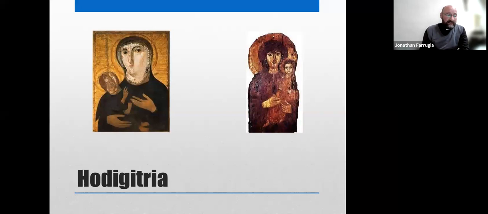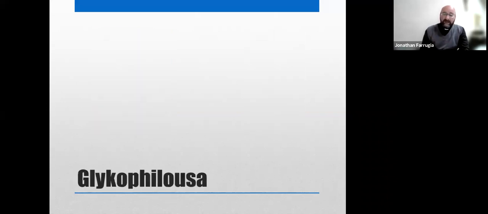Now, the final important Marian theme from the early Middle Ages is Mary as the tender mother. Okay, remember, as you can see, in all the cases, Mary here is represented as a mother, even when Christ is not present. Okay, when we were discussing the Hagios Oritissa, Mary is presented as a mother of the onlooker. Now, the final stage in the development of Marian iconography in this period is Mary as a tender mother, and she is called the Glycophilusa, or else the Eleusa. Okay, it practically means the same thing.